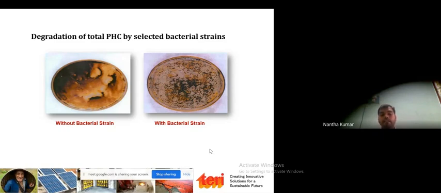These strains may be isolated from the contaminated site itself, because when bacteria grow in the contaminated site, they have their own genetic makeup to tolerate such pollutants. So it is a kind of adaptation to the specific environment.